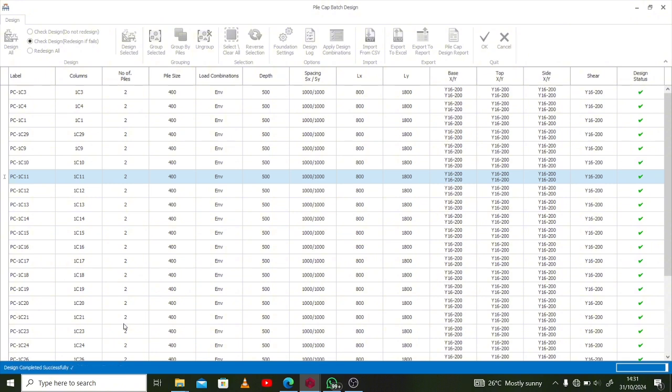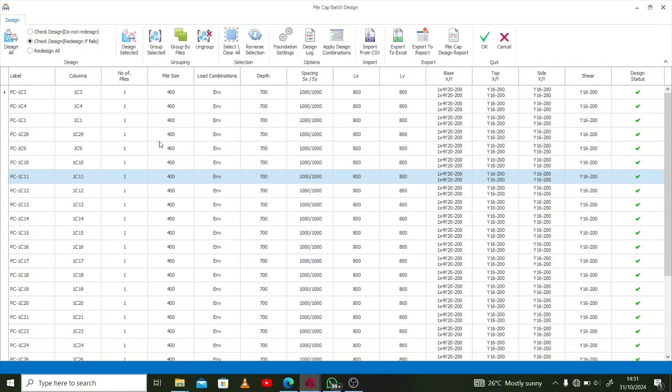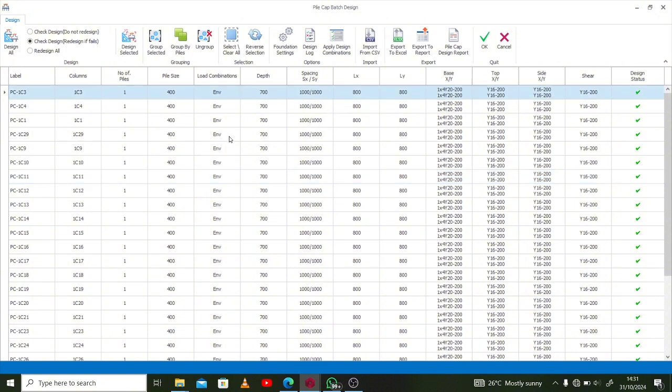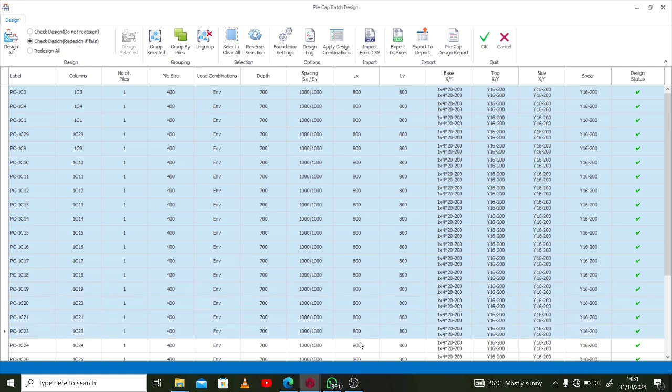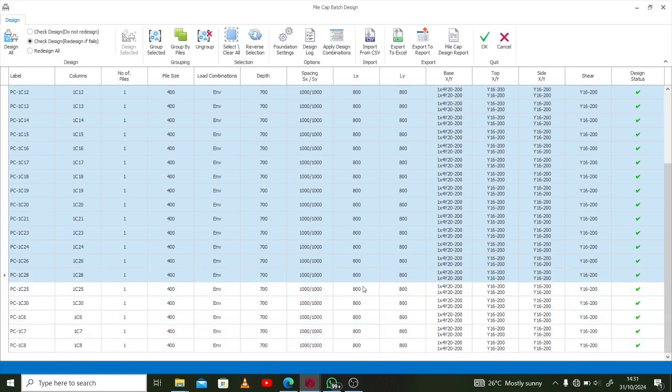Another thing that we can do is this: when you discover that there are similar piles that have been designed, after your design there are piles that look similar in the sense that they have the same number of piles under them, the pile caps have the same number of piles under them, and maybe equivalent dimensions or sizes. So for example, looking at this column from here, and this has the same number and size, the same up to this. So you can do what I'm doing by holding down your control button and then clicking the respective columns that you so desire. So you can see that all of them have the same